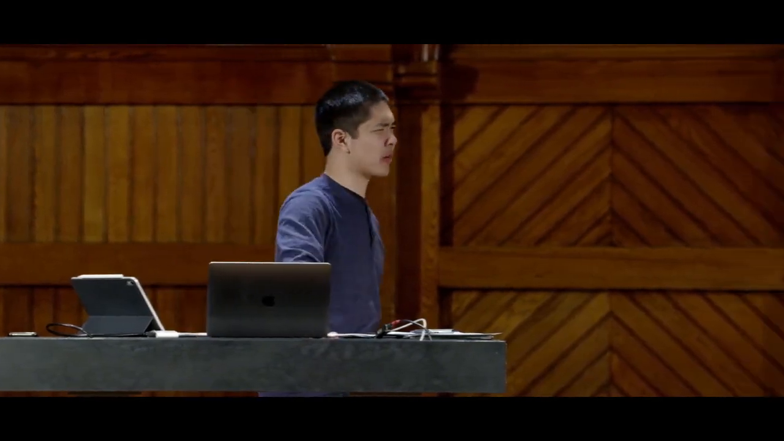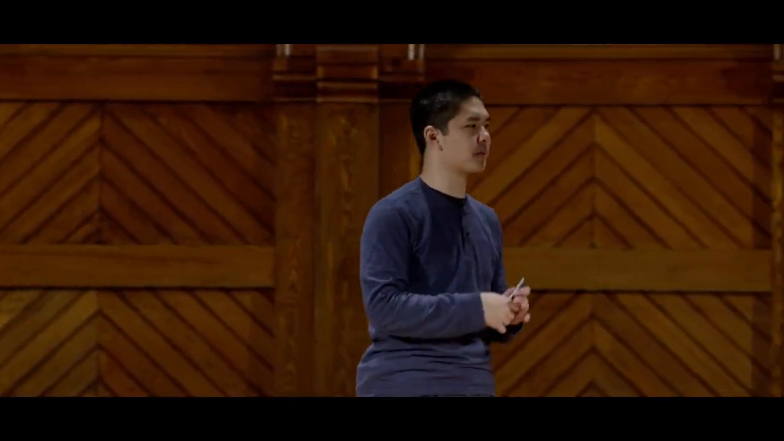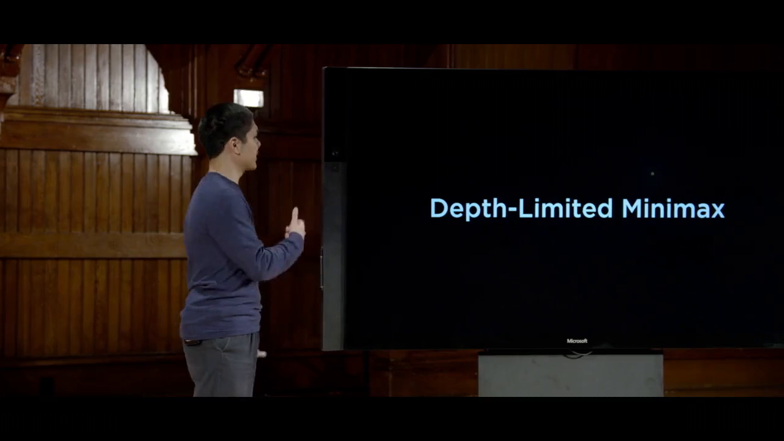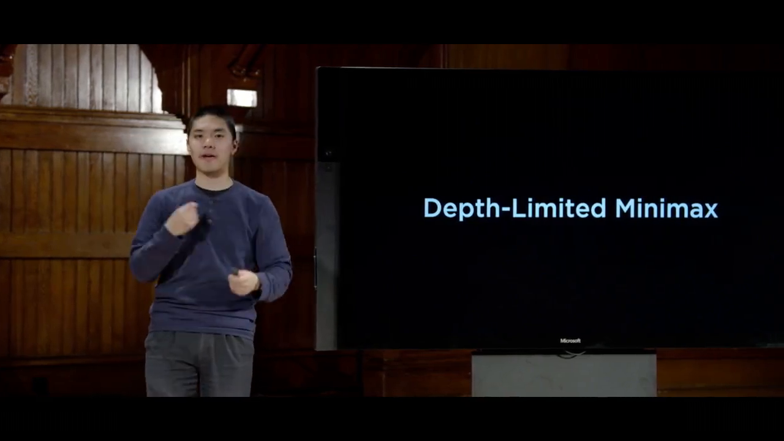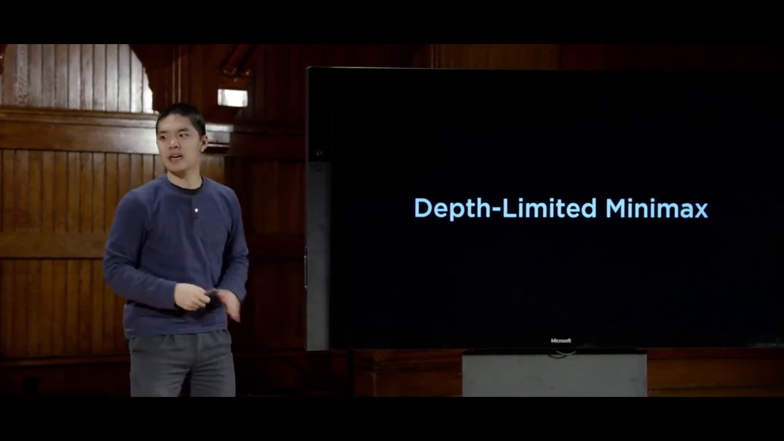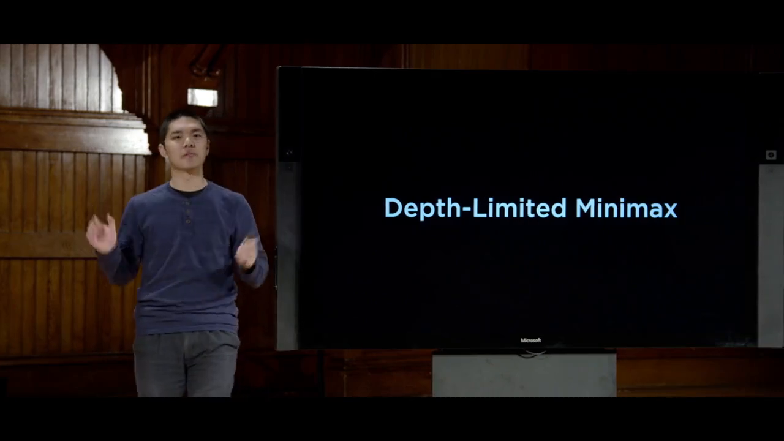So what do we do in order to solve this problem? Instead of looking through all these states, which is totally intractable for a computer, we need some better approach. And it turns out that better approach generally takes the form of something called depth-limited minimax, where normally minimax is depth unlimited. We just keep going layer after layer, move after move, until we get to the end of the game. Depth-limited minimax is instead going to say, you know what, after a certain number of moves,